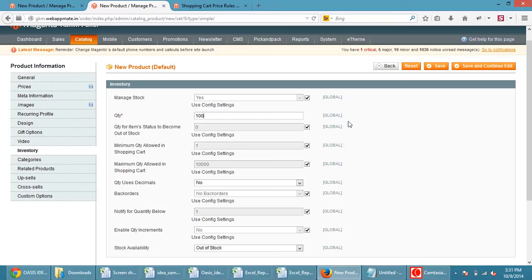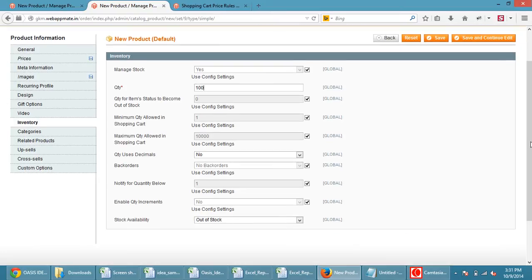If you set it at 0, you will not be able to see the product on your store front page. So you must add some quantity of this product to your store. And from there you can define whether this product is out of stock or in stock. So while adding the product, just select in stock.